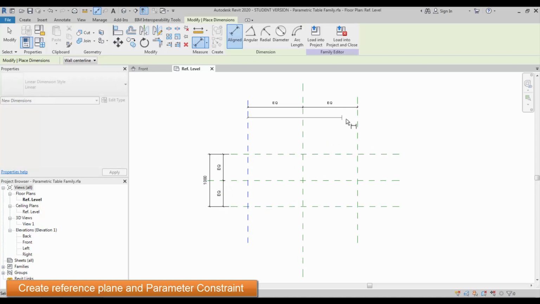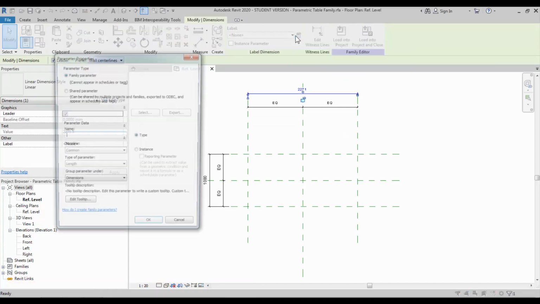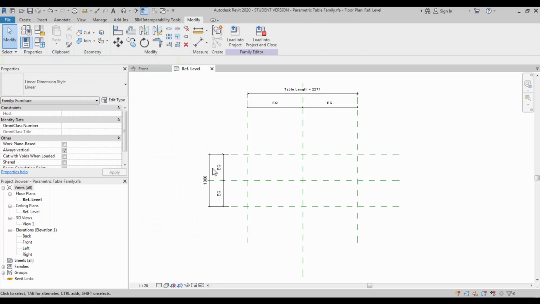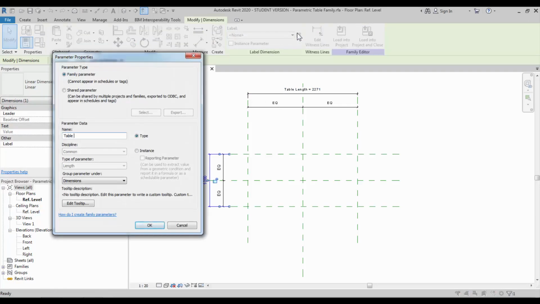Create the dimension for both. Select the dimension and create the parameter table length. On the left side, create the parameter as table width.